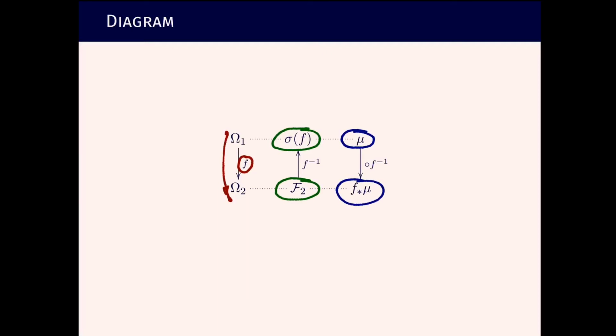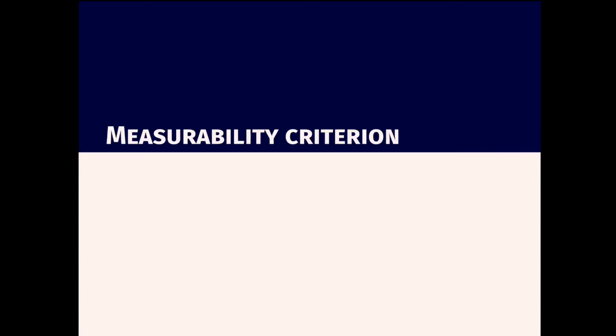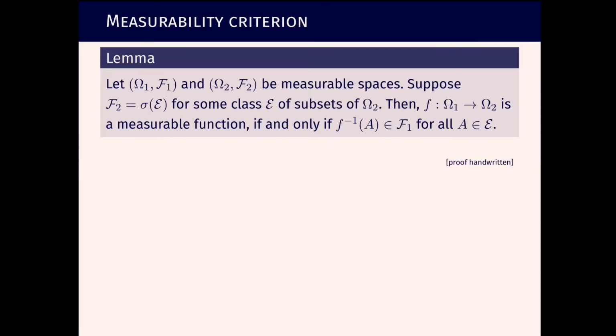So we see always this pattern. The function maps points from source to target. The pullback takes a sigma algebra from the target to the source. And the push forward maps a measure from the source to the target. And now we conclude this lecture by establishing a measurability criterion, which says the following. In order for a function f that goes from a sample space to another space to be measurable,